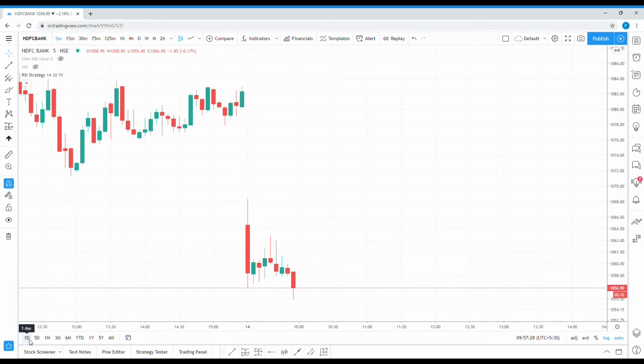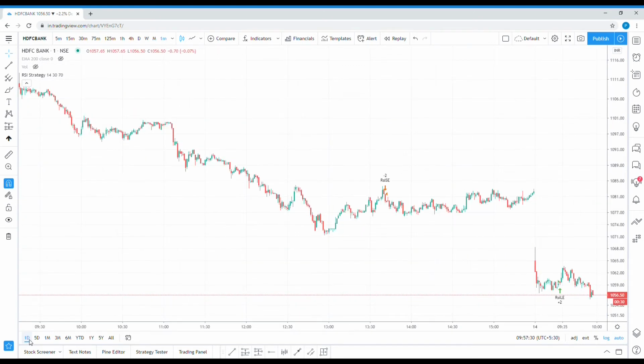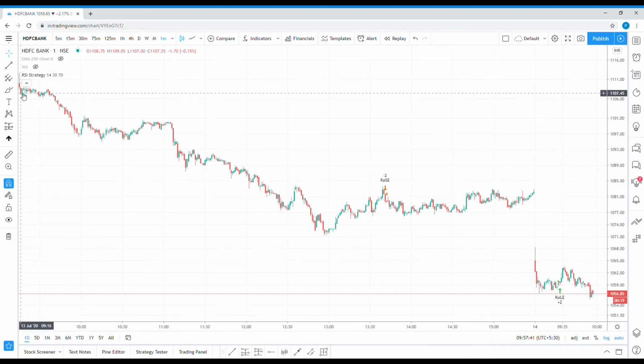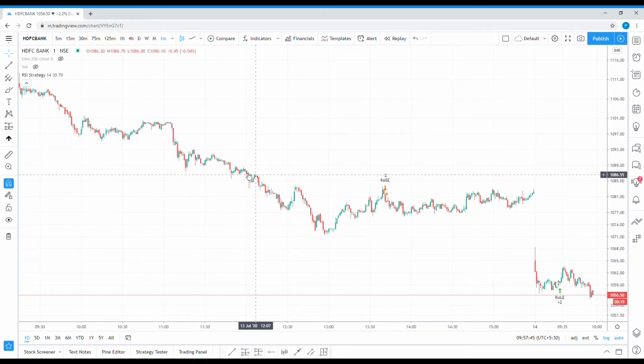So if I click on 1 day, you can see this entire window is of 1 day. Okay, so here, see 13 July 9:16. If you go in the middle, 13 July 11:57.